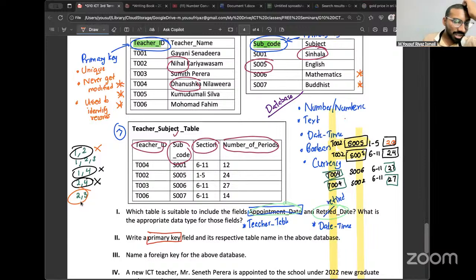Is there a chance? I mean, unless they break it as 6A 1%, 6B 1%, 7A 1%, 7B 1%, 8A 1%, 8B 1%, 9A 1%, I think, or A and B 1%, C and D 1%. If they break like that, then this answer is correct. But is there a possibility that the same subject, in certain schools, but